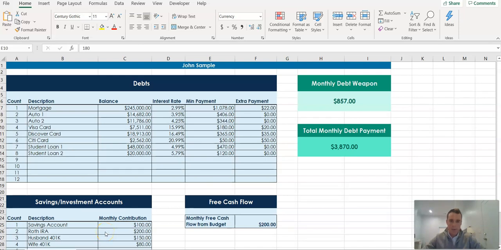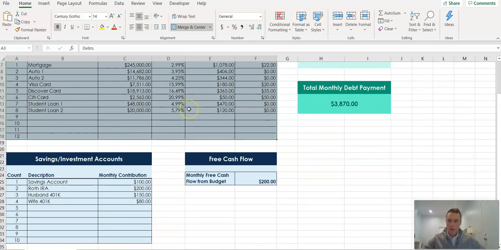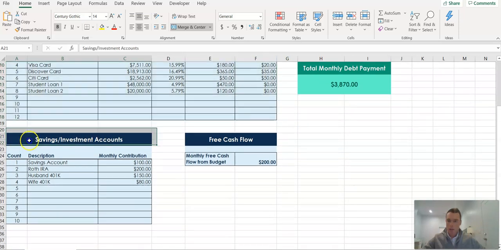Hey guys, Nathan Sprague here with Debt Freedom University, and we are sticking in the same spreadsheet template here, the Debt Freedom Matrix. We just went over how to properly enter all of our debt data into the upper table above. And so now we are going to move to the lower left table and focus on savings